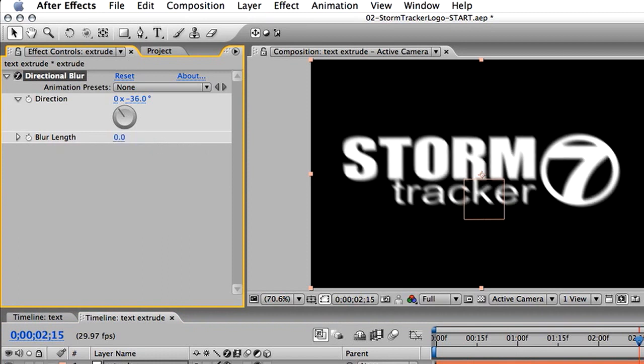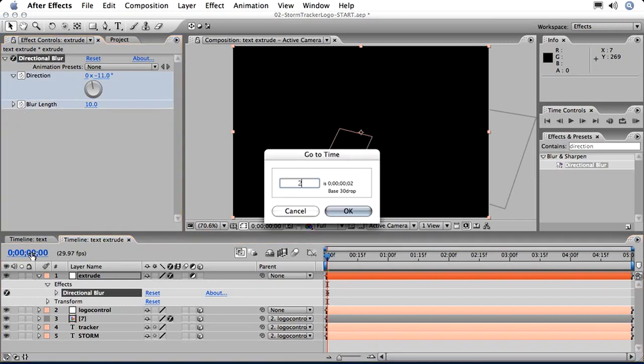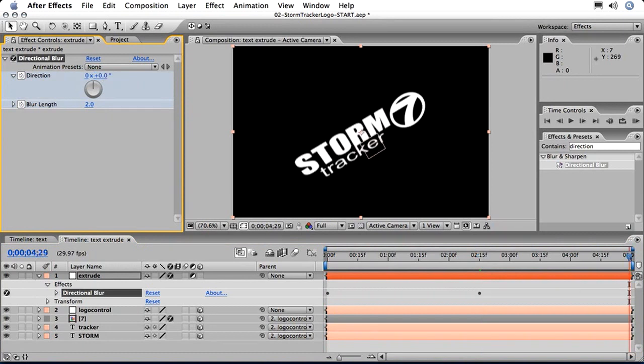Just set this back to 0 and 0. And let's go back to the beginning of the timeline. Okay, at the beginning of the timeline, I want you to change the direction to -11, so it has a slight angle, and I want you to change the blur length to 10. Let's set keyframes for that. Let's move to 215 on the timeline, and let's set the blur length to 2 and the direction to 0. Let's go to the end of the timeline. At the end of the timeline, let's set the blur length to 10. All right, now if we scrub on this,